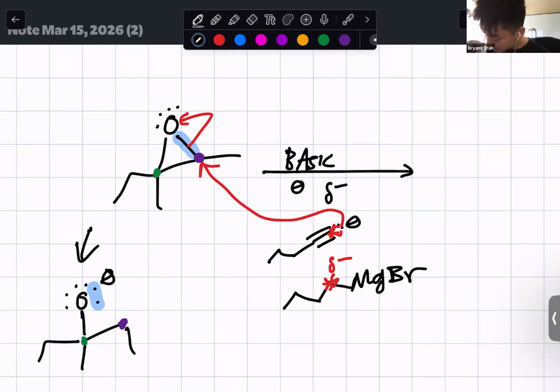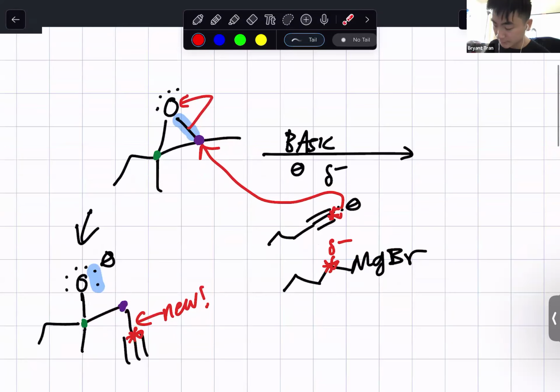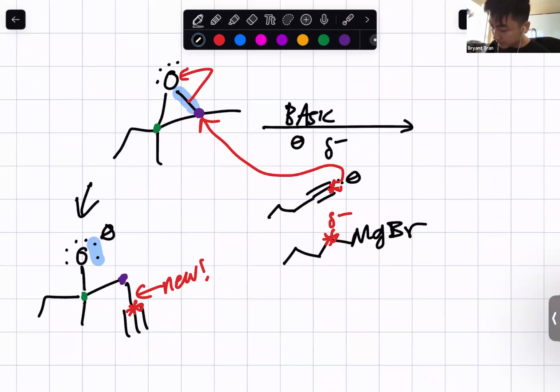And then we make a new bond between the red star and purple dot to show that attack. So this right here will be the new bond from that attack, where I made that bond going down in reference to that baseline, because we're inverting this bond that's up to go down because it's doing a backside attack mechanism, inverting stereochemistry. And this red star here is attached to this alkyne with a 1, 2, 3 propyl group coming out of it as well. So 1, 2, 3, just copy and paste that decoration over like that. We also see a methyl group on the purple carbon, so we draw that methyl group coming out of the purple carbon like that,